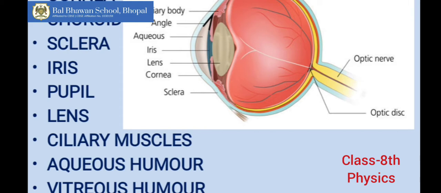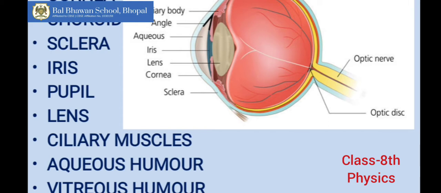First is the cornea, then the layers around the eyeball. The first layer is called the sclera. The second layer, which is the grayish layer, is called the choroid. The cornea is the front transparent portion of the eye. Then comes the iris, the colored, pigmented part of the eye. Then the pupil in the center of the iris. Then the lens, which is held in place by ciliary muscles.